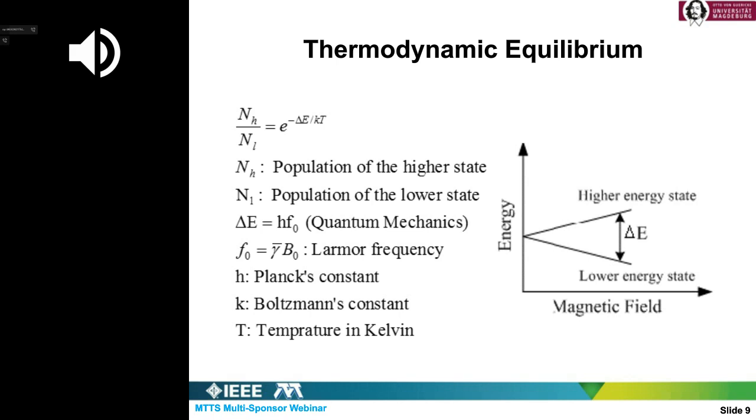This ratio becomes less as we decrease the temperature. And this is actually better for us, because if it is less, we have more lower energy than higher energy particles, so that the difference itself becomes larger. Delta E itself is proportional to the applied magnetic field, as we saw in the last viewgraph, so if you would like to increase this difference, which means decreasing this ratio, you have to increase the applied magnetic field.